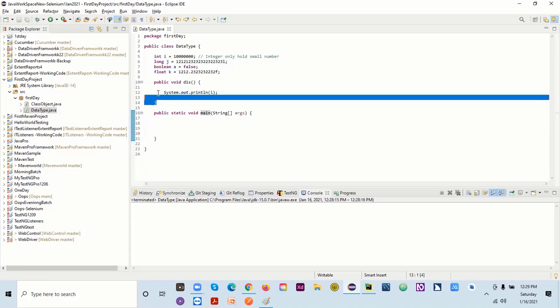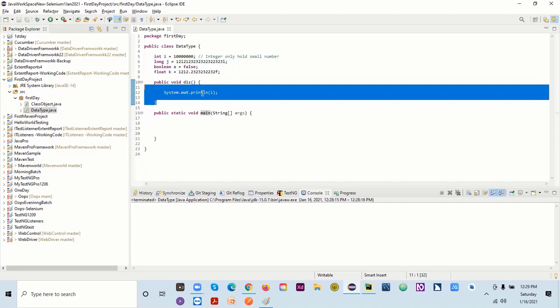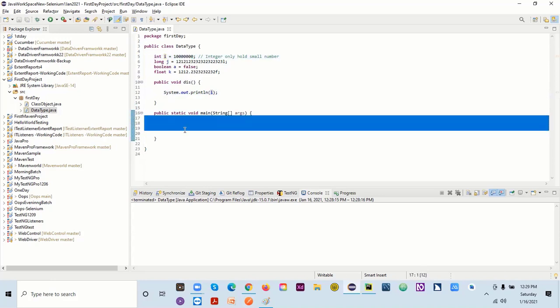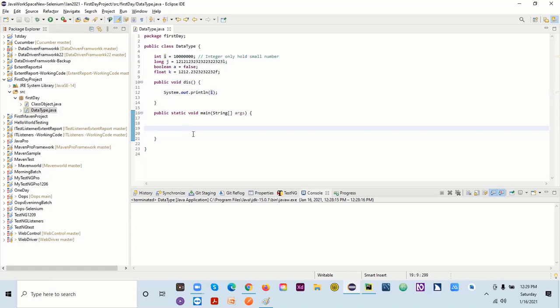Even though I have written the statement System.out.println(i), ideally it should print the value of this, because i is holding this value. But it's not printing because I didn't mention anything in main. So what to do? Last time we discussed what an object is.